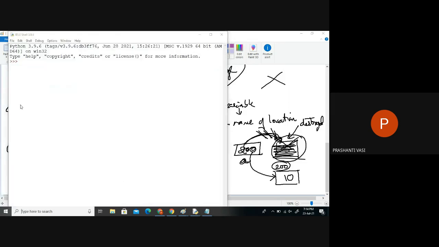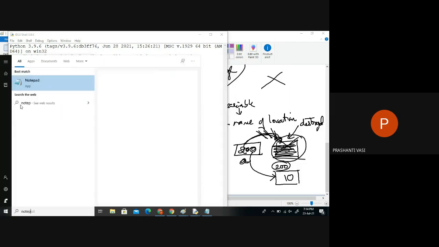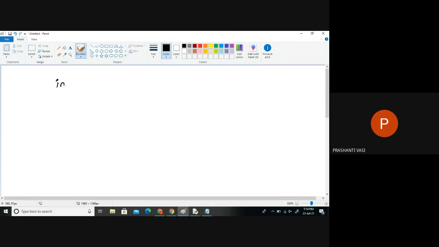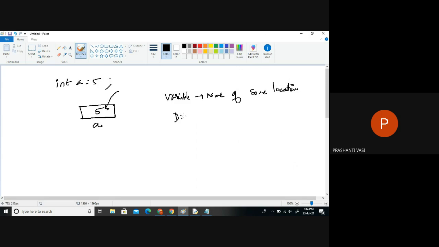Primitives means we write something like this. Whenever we write like this, it is always a fixed data type, and a variable means the name of a location, and inside that location we'll find the data. So the general definition of a variable is the name of some location. In your memory, some location would be there. Like if I say D, it's a partition name, some hard disk or memory region. The name of that partition is now D drive.